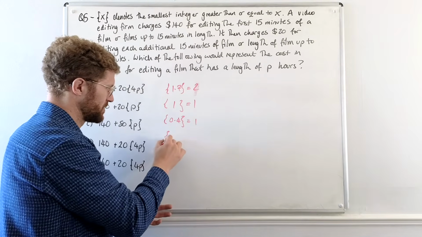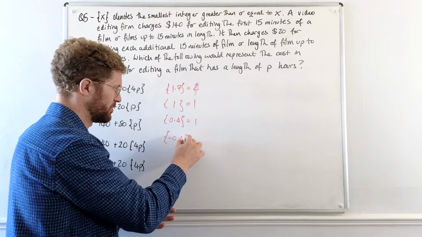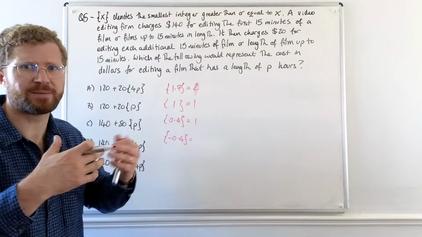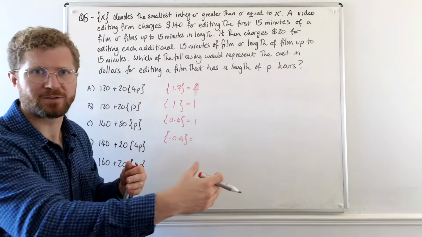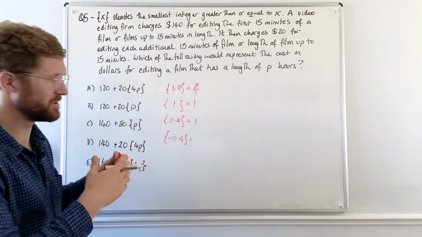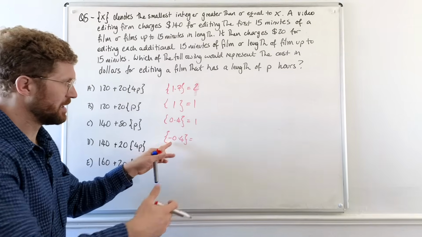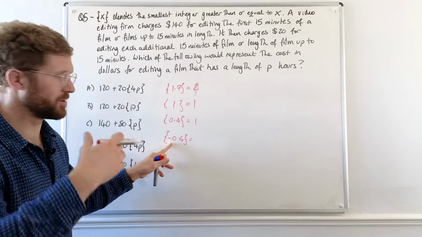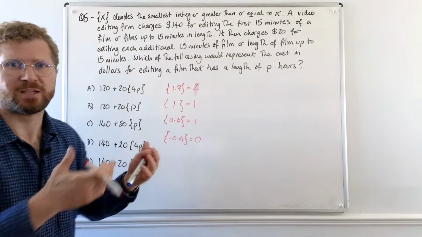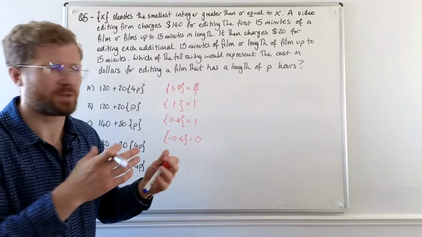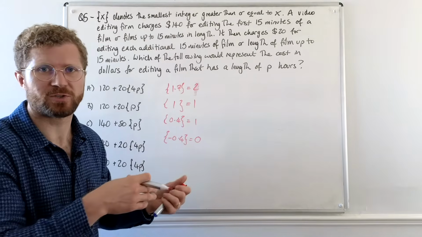And now, just so I'm sure, let's put negative 0.4 in there. Because I'm not just making the number bigger, I need to think about moving right along the number line. The smallest integer greater than is going to be to the right of the number line. The smallest whole number greater than negative 0.4 is going to be 0. Okay, so once you've got an idea about what that new symbol does, we can try and apply it to